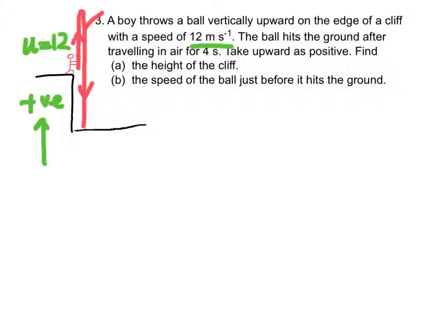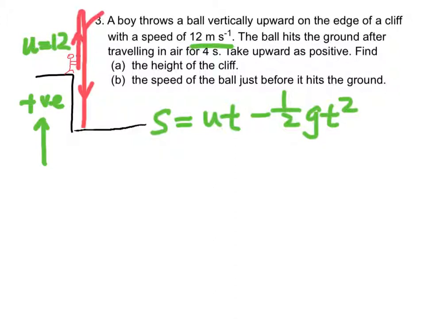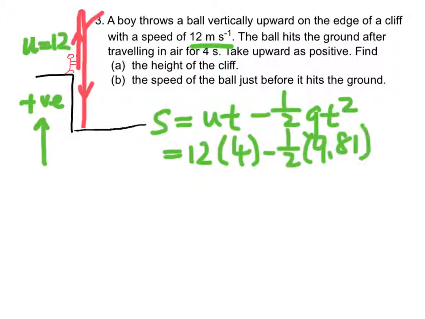By applying the equation of motion S equal to ut minus half gt squared, we have S equal to 12 times 4 minus half times 9.81 times square of 4. Therefore, S equal to negative 30.5 meters,